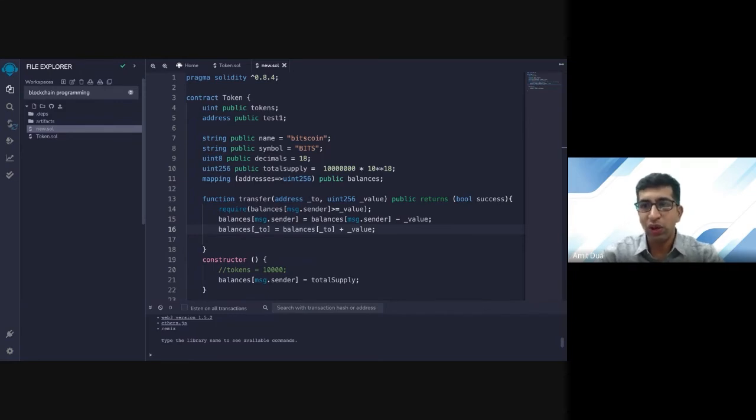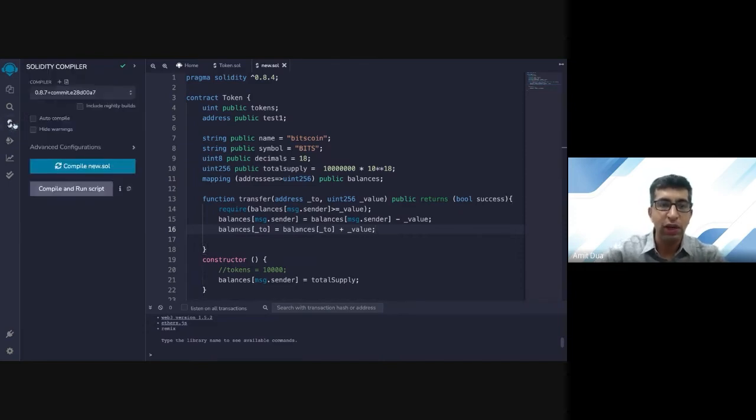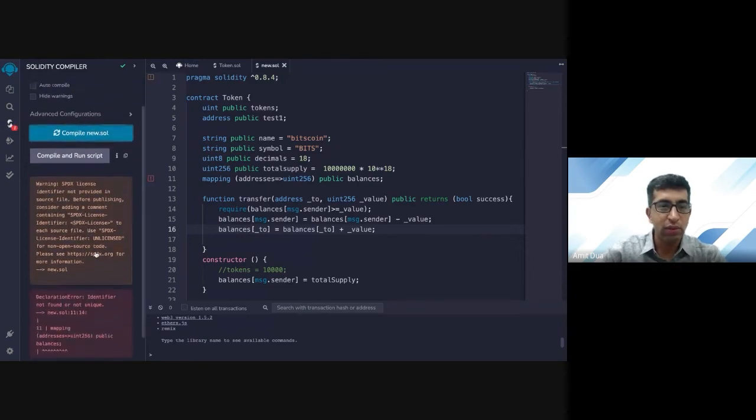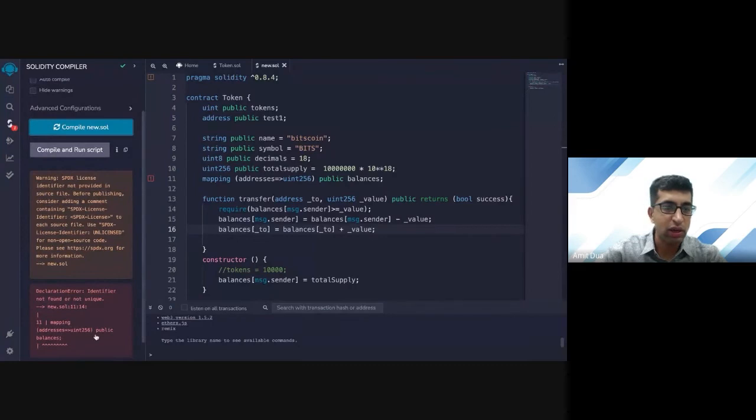Okay. Now I think you are way ahead, Priyansh. Let us try to work ahead and compile something. You are seeing again the same tab. We are doing that, and we're compiling new.sol. And let us see. There is some warning. There is some error here as well, which says